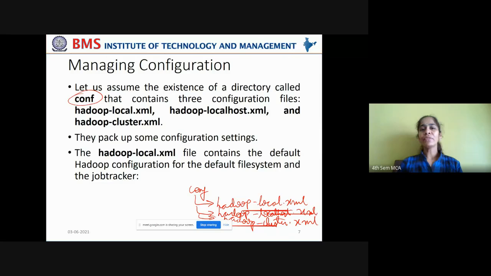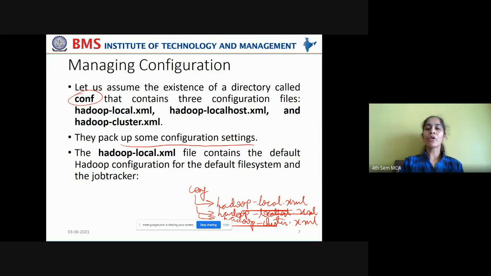Okay, so you have three default configuration files that are available for any MapReduce job. Hadoop local if it is running in a pseudo distributed mode, Hadoop localhost if it is running name node and job tracker also in the pseudo distributed mode, and Hadoop cluster if the MapReduce job is being run on a cluster, right?